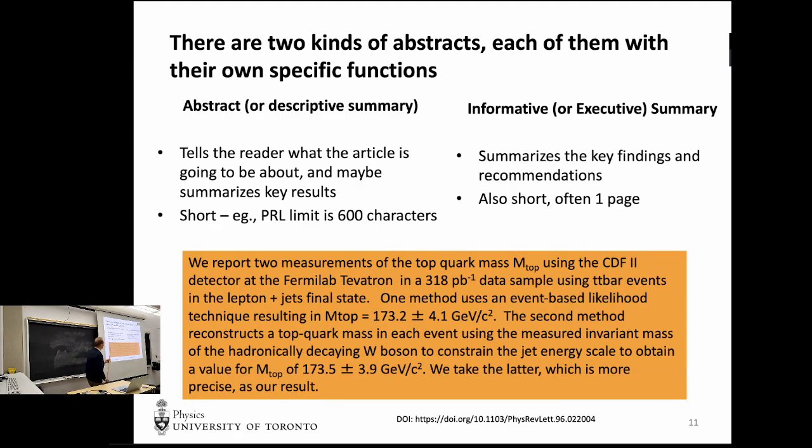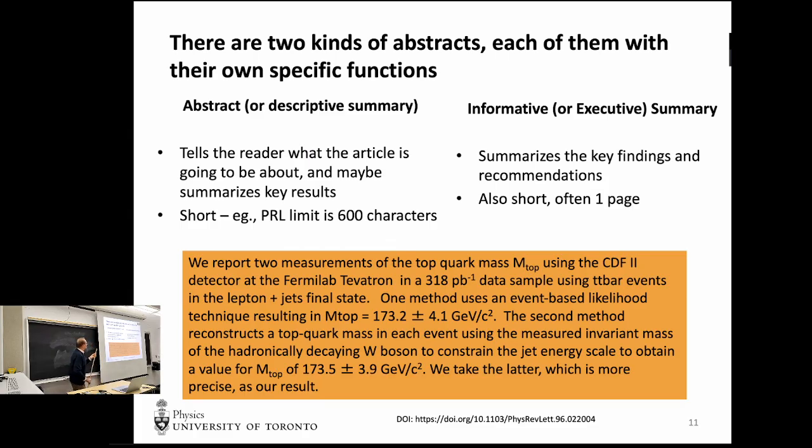So I'm going to look at one particular paper as an example through this talk, because it exemplifies a lot of the issues. Here was the abstract for a paper that became quite important because it measured the top quark mass. How many people know what the top quark is? Sort of. There are 6 quarks. The top quark is the heaviest of the quarks, about the weight of a gold atom. And when it was discovered, its mass is one of those parameters that you really need to know as precisely as possible.